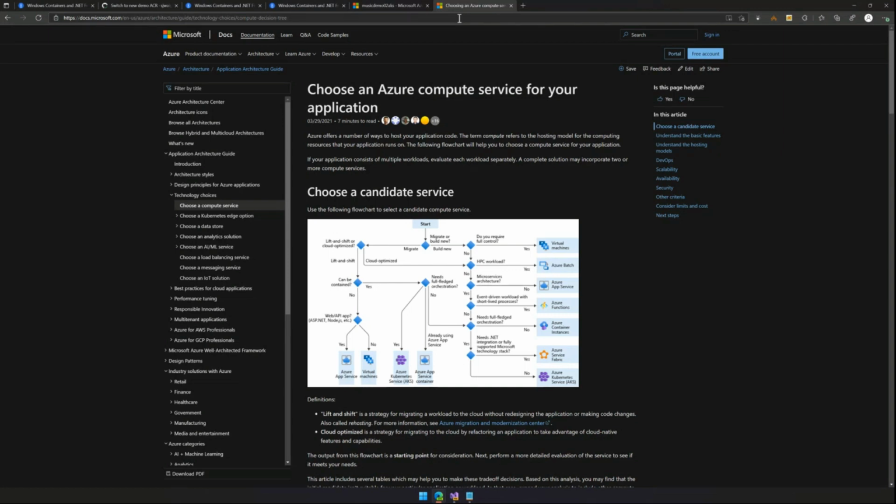I think if running containers on Azure App Service, and for those of you who aren't familiar with Azure App Service, it's a web and API hosting service in Azure where you don't manage the infrastructure, and I wouldn't say it predates Kubernetes, but it was doing some of the stuff Kubernetes now does before Kubernetes was widely adopted.